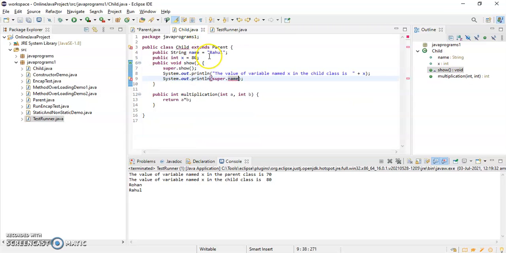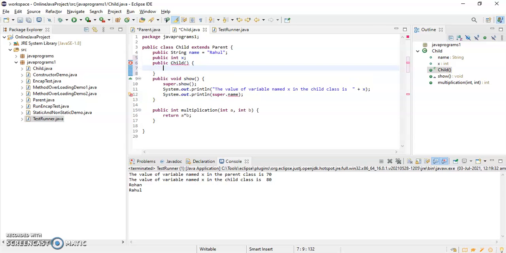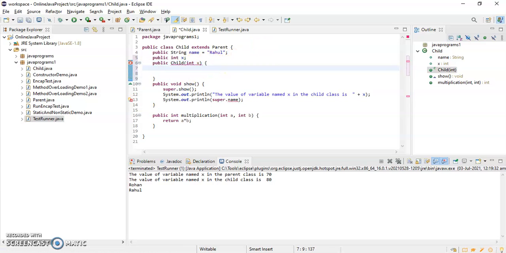Similarly, if I go to the child, here also I'll write protected int x, and public Child with int x, and this.x = x. But you see it is throwing an error: implicit super constructor Parent is undefined.